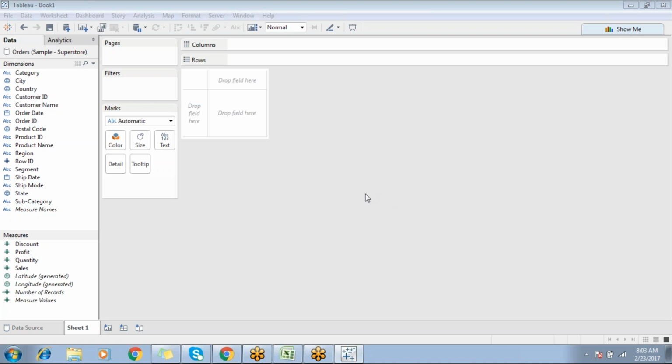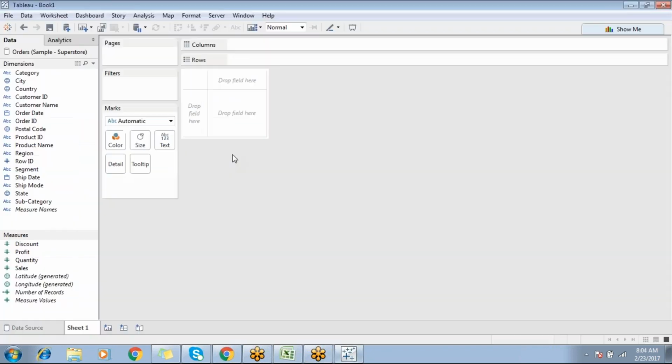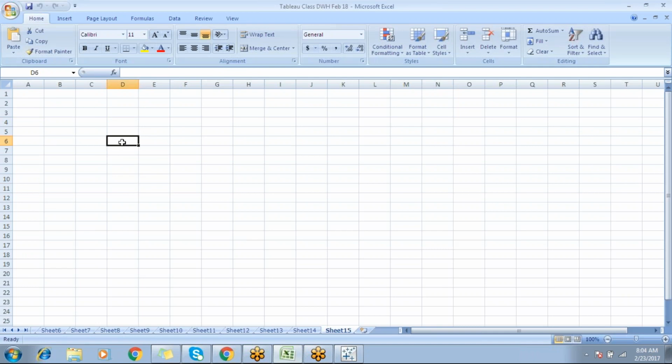Yeah, hi. So yesterday we discussed legacy connection and pivot, loading of those pivoted data, and splitting of those results. Today we are going to start with the front end, whatever the reporting we are going to start. So first, in general, we do have sheets, worksheet,